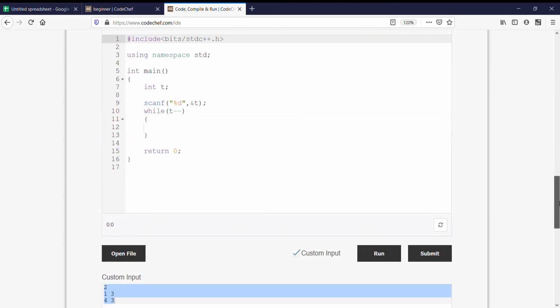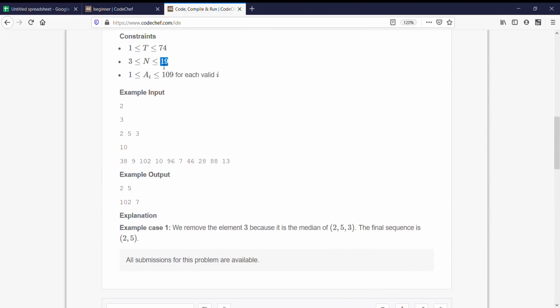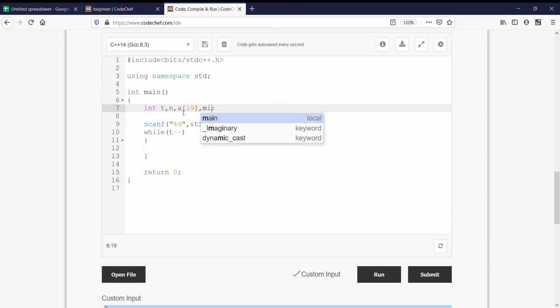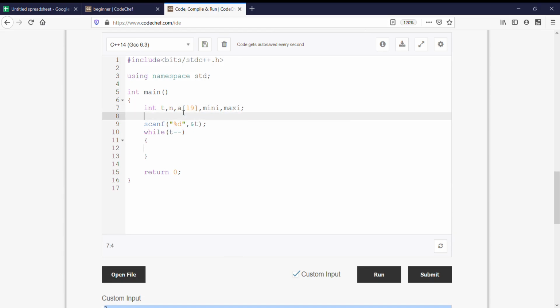So we see that we have constant n as 19, a very small constant. So we would have a sequence of n elements. We would have mini and maxi, where we would be storing the smallest and biggest number.